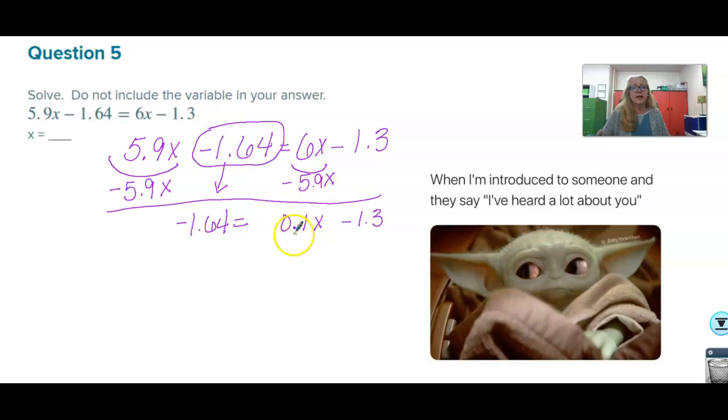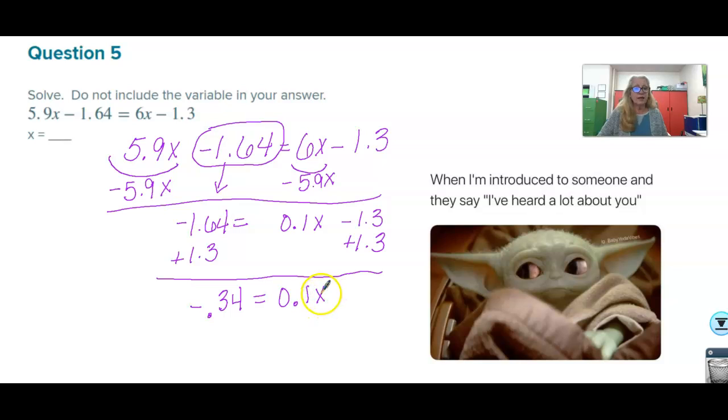All right. Now, it's a two-step equation. I want to get my variable term by itself, so I need to target this guy for elimination. We get rid of a minus 1.3 by adding 1.3. And I think I could do this one in my head, but if I'm going to make a mistake, it's going to be when I'm doing math in my head. So I'm going to go ahead and do it on the calculator just to be sure. Yep. I could have done it. -0.34 equals